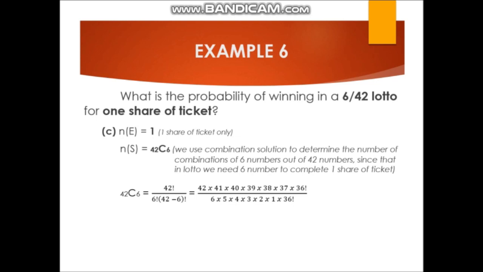So in our denominator, 6 factorial is equivalent to 6 times 5 times 4 times 3 times 2 times 1. And then 42 minus 6 is equal to 36 factorial. So ang common sa numerator and denominator is 36 factorial. So cancel out 36 factorial. Kaya matitira na lang nating value sa numerator is 42 hanggang 37. We're going to get its product. So the value is